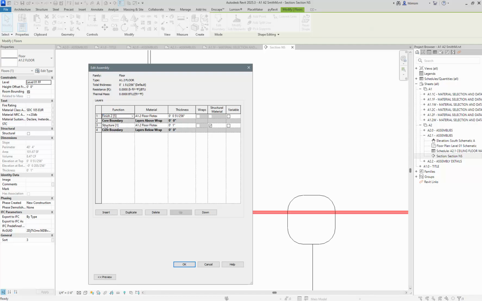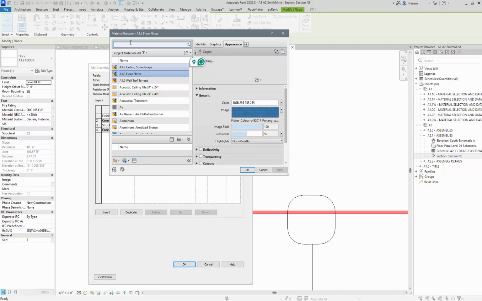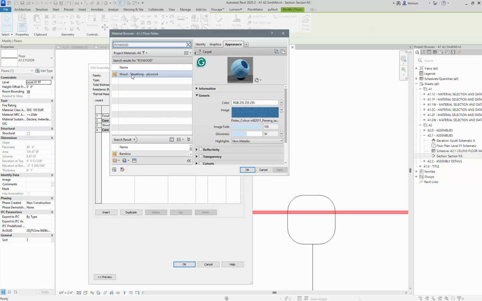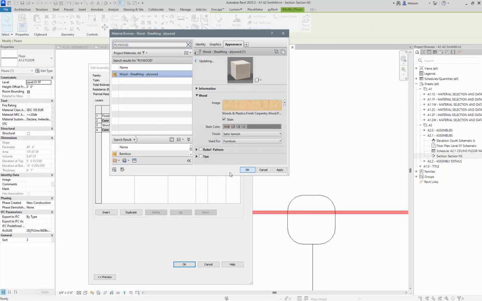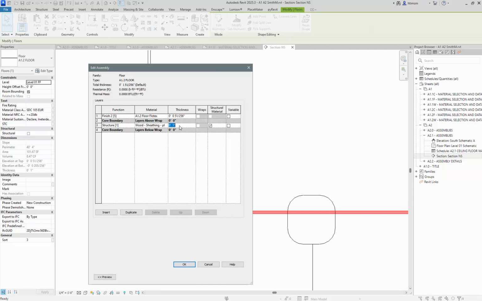Then I'll come in and change this one from the floor text material, and I'm just going to change it to plywood. We'll just use plywood sheathing for this, and it's such an ugly color, I'm just going to make it gray. Doesn't really matter. Then click OK, and make that a 1/4 inch because that'll be my underlayment. We can always come back and update this material later if needed. And once I get that, I'm just going to click OK,